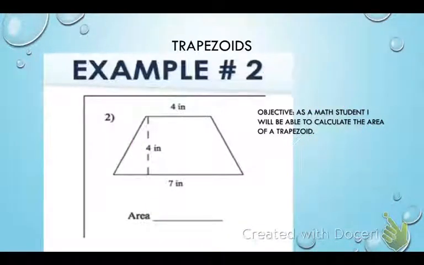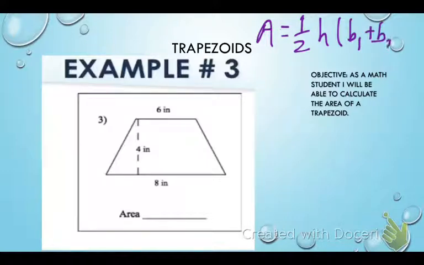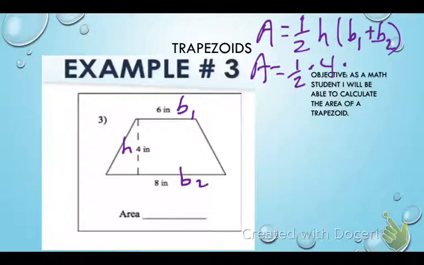Next example, ladies and gentlemen, number 3. And if you have any questions and need to stop, you just feel free to do that. A equals 1/2 times height times the sum of the two bases, right? Always add it. Always put it in there. A equals 1/2. Here's our height. Base 1, base 2. I know some of you had the experience of doing this, but others haven't. So I have to demonstrate a little bit more where those pieces are. All right? So we got 1/2 times 4 times the sum of our two bases, which is 6 added